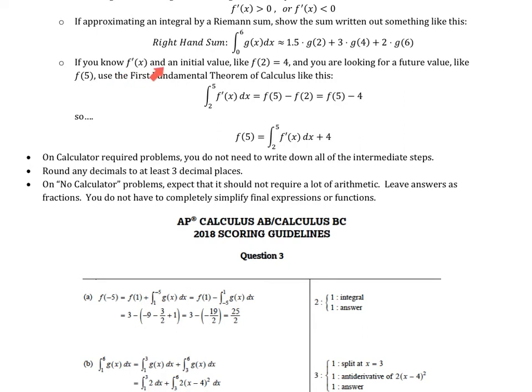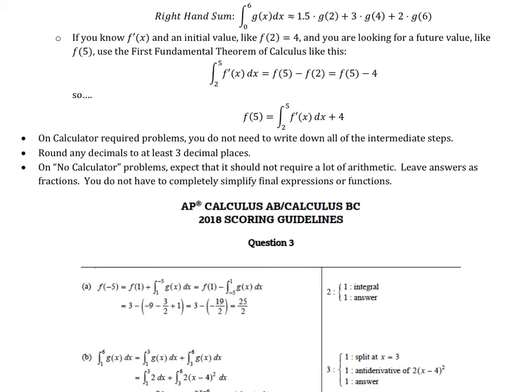If we got f prime at some initial value, that's going to show up a lot. That's going to be using the first fundamental theorem of calculus. We're trying to connect an integral to some values here. Maybe we know f of 2, but we're looking for f of 5. Well, we can say the integral of f prime is f of 5 minus f of 2. And so